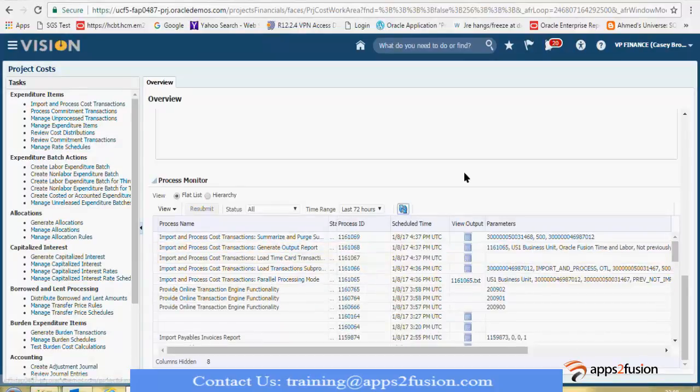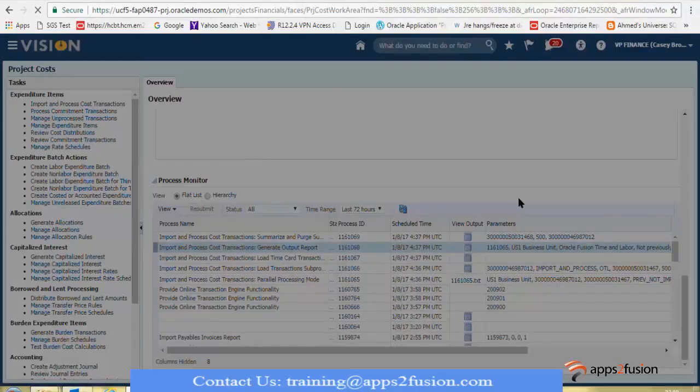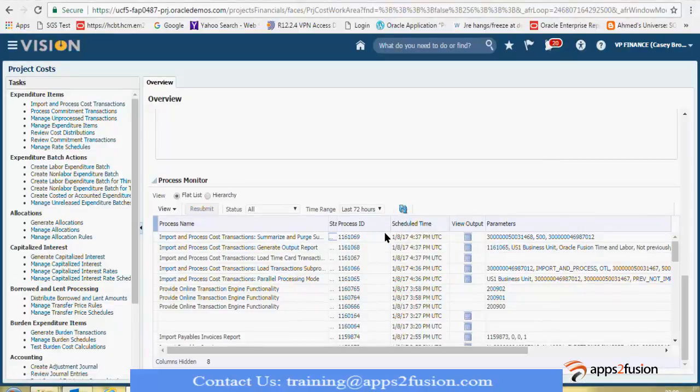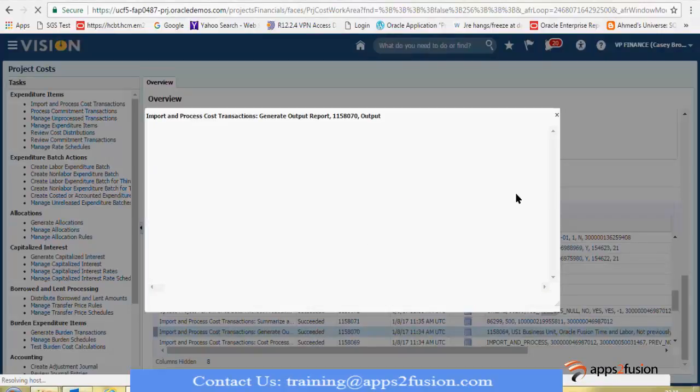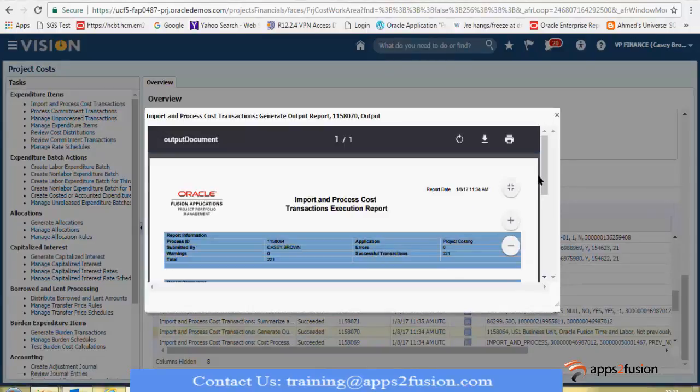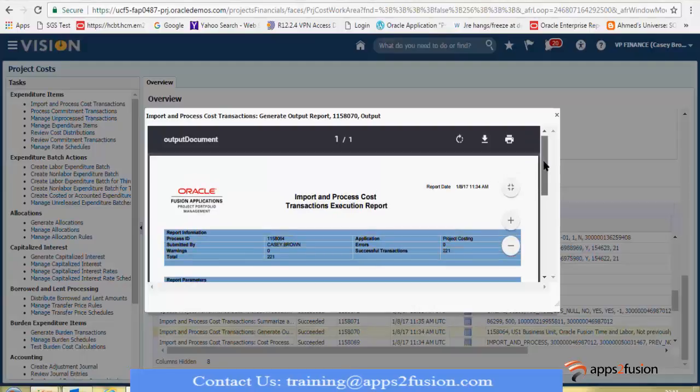If I go to this, we'll have a look at that. This is the place where you will see the output report of the particular process. Here we saw total successful transactions 221.